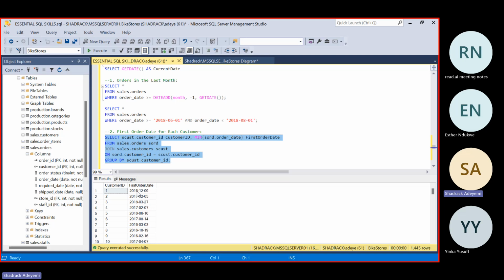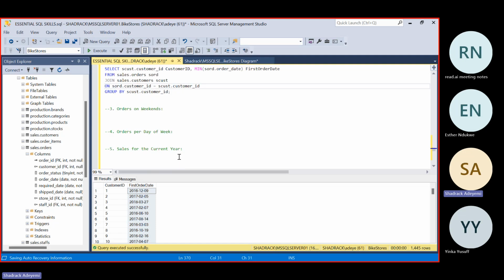So this is probably our earliest customer, if I'm not mistaken. I might be mistaken, unless I try to reorder this, maybe in ascending or descending order. So this answers that question. I think we should also try orders on weekends, because this involves using another date function.